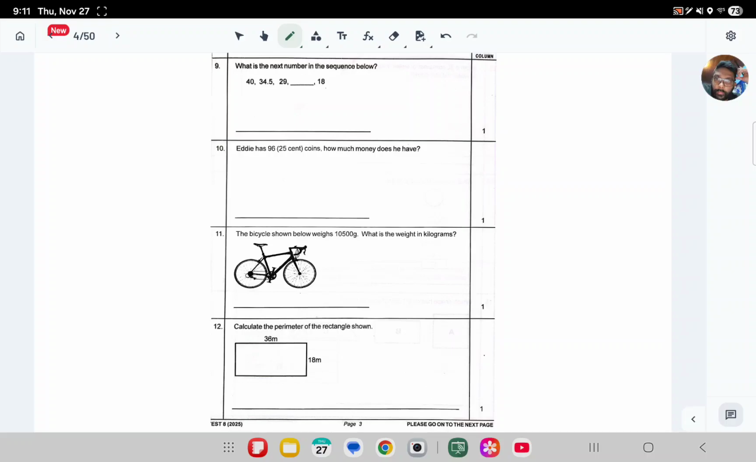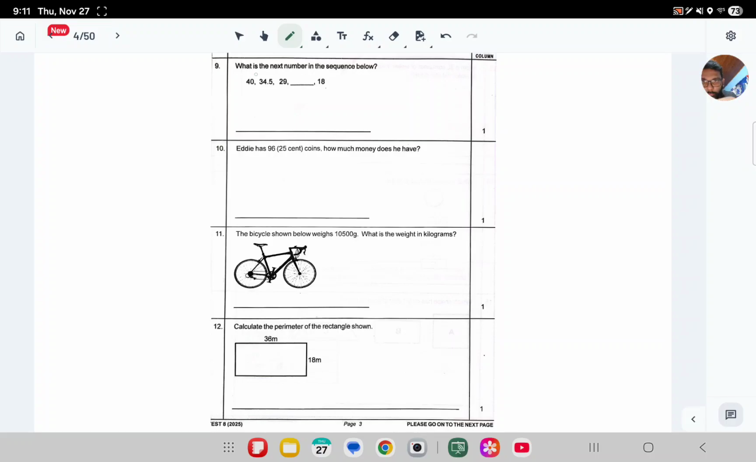Moving on to number 9. What is the next number in the sequence below? So we have a sequence here. We realize that the sequence is decreasing. So if it is decreasing, the operations that we use is either subtraction or division. So to move from 40 to 34.5,